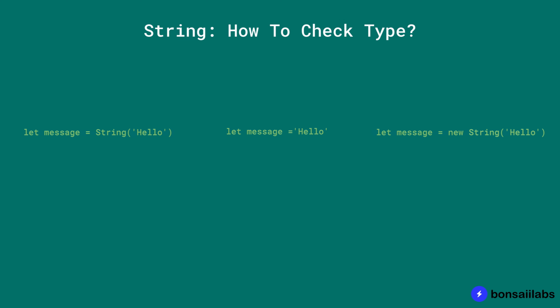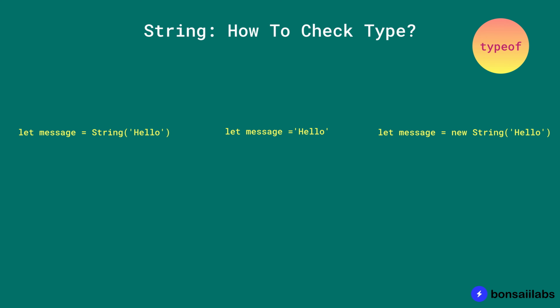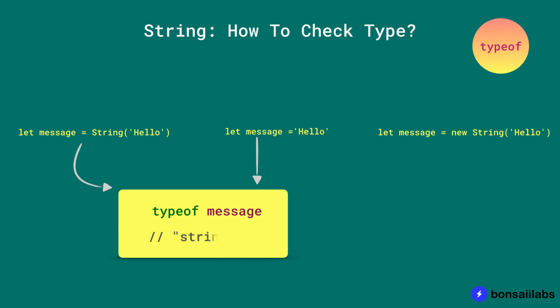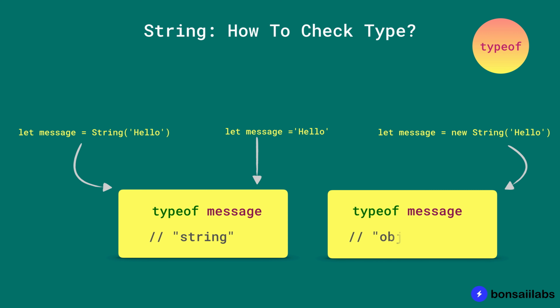And if you're wondering how to verify the type when creating a string, the typeof operator provided by JavaScript is your best friend. The typeof operator for either of these two approaches returns string type, since they both return a primitive string. And calling typeof on the one created using the new keyword with the String constructor returns object. Now that we have learned something about string primitives and objects, why don't we head on to the editor